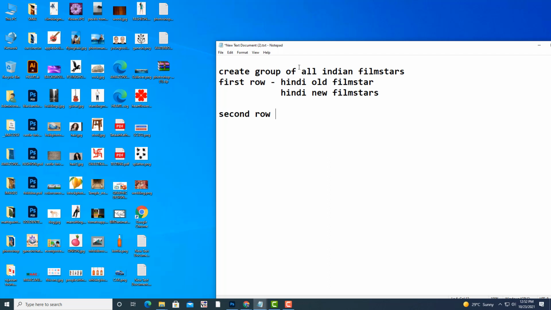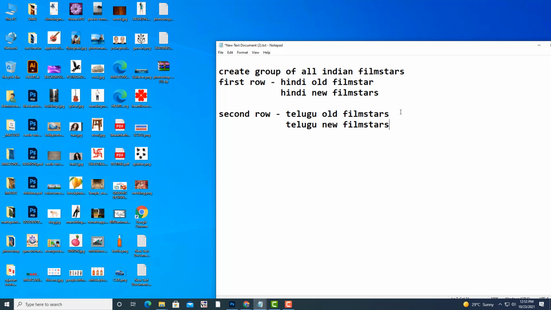Telugu. Okay, Telugu old. You put like that. And Telugu new film stars. So what you have to do is, top row.